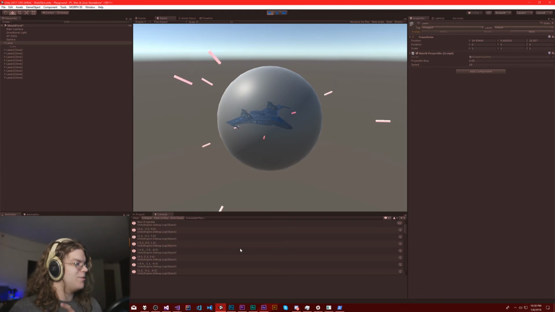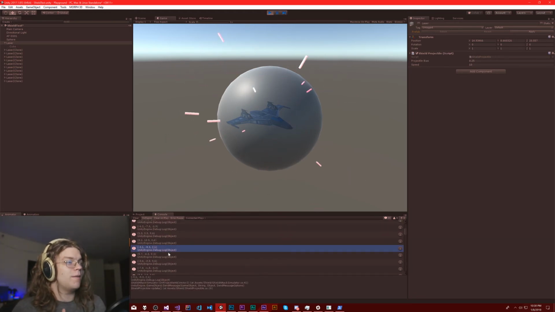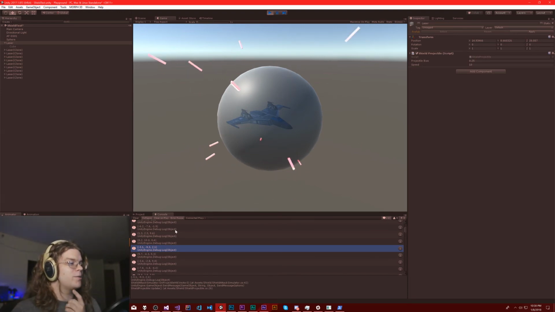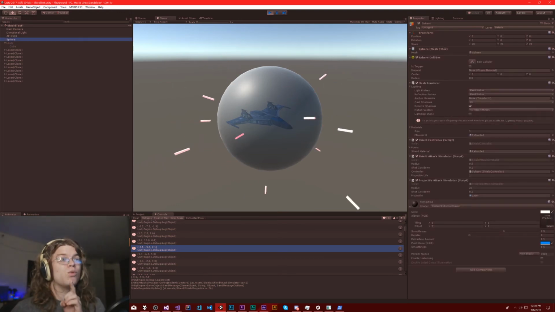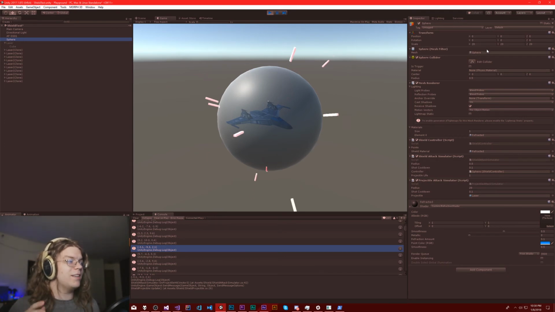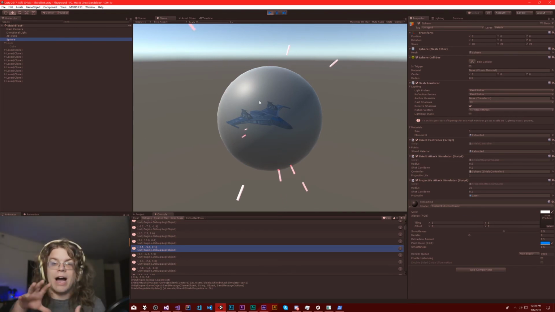And I didn't have them enabled. There we go. That would help. There we go. So we're getting all of these projectile things. There's another problem here though. They're in world space coordinates, and this sphere is scaled up 20 times. So we're actually going to need to handle scaling them back down because our actual sphere, the object space sphere